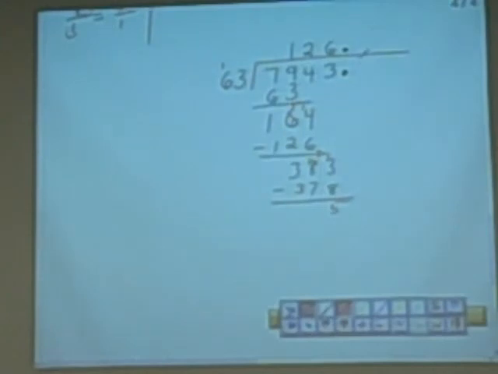So now what? Add a 0. Bring the 0 down. But can 63 divide into 50? No. So what do we do? 0. 63 divides into 50 0 times, right? So we have to, now what? Add another 0. So bring another 0 down. So now we can estimate